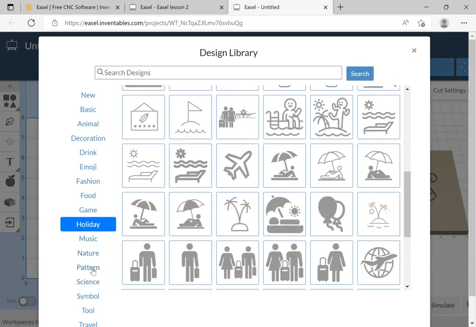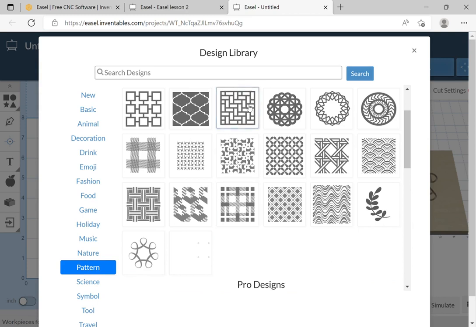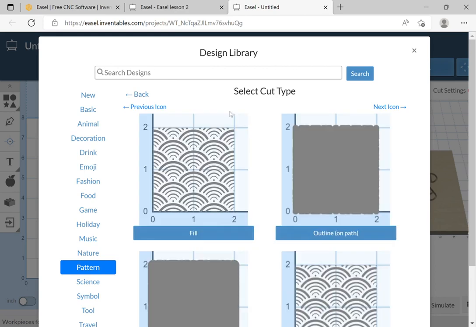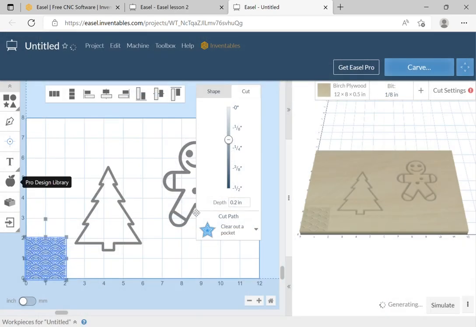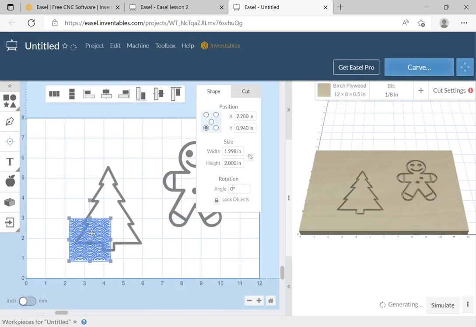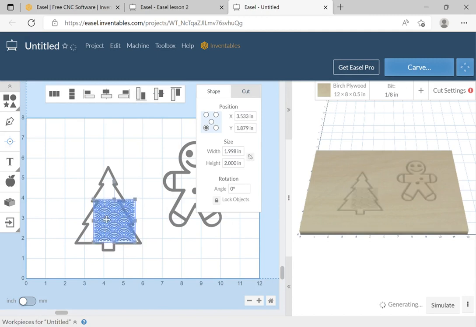Music, nature, patterns. Patterns are nice. You can use these for fill in a lot of areas. So if you have, let's say, I'll bring this one in. Let's say I wanted to fill the Christmas tree with this. It's a little hard to do, but you could drag this shape around and fill up the Christmas tree with some,